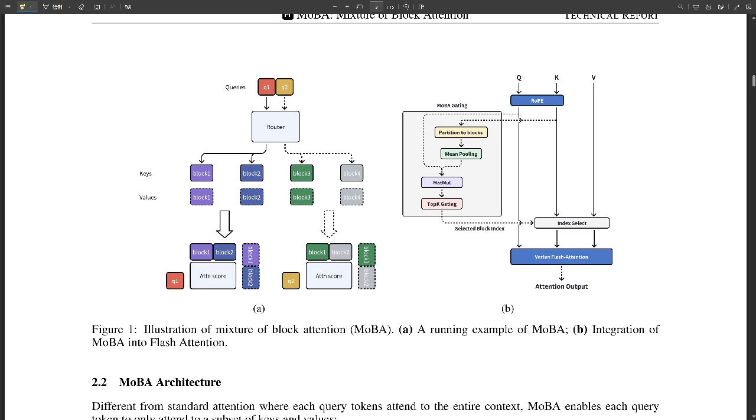Okay, I see. But the papers also mention a fine-grained block segmentation. Yes, as being pretty key here. Think of it like adjusting the resolution of your lens. Okay. A fine-grained block segmentation allows MoBA to focus more precisely. So it can really zero in. Yes. Much more effectively. Exactly.